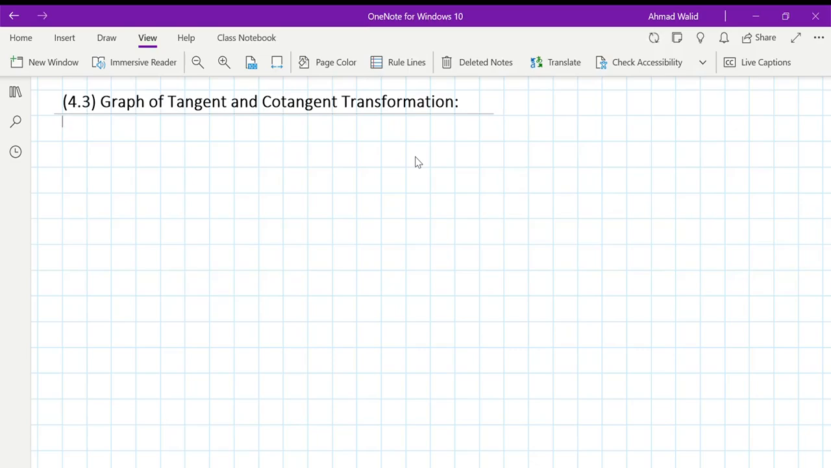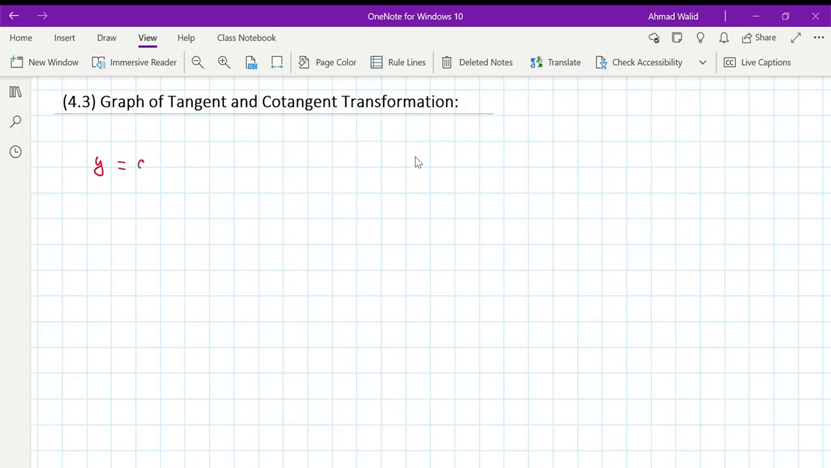Hello all, let's cover the transformation for graph of tangent and cotangent. Still, we are in 4.3, but in this section, we are covering the transformation. If I give you a general form for graph of tangent and cotangent, the general form is y equals